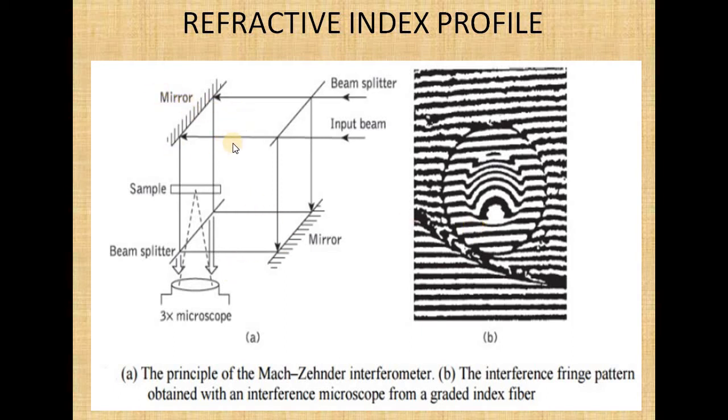This is the setup for the Mach-Zehnder interferometer. Here we are going to consider a thin slice of fiber. Both ends are polished to obtain a square and optically flat surface. This slab is immersed in an index matching fluid, and this assembly is examined with the interference microscope. Here two major methods we can employ, either a transmitted light interferometer or a reflected light interferometer.